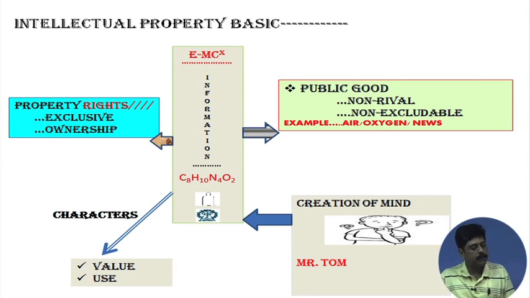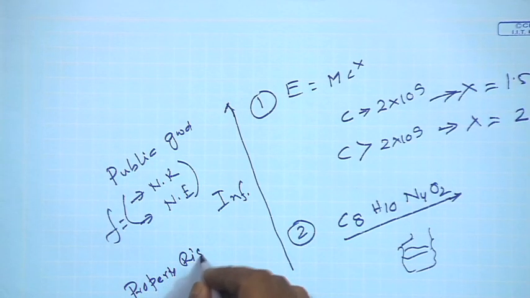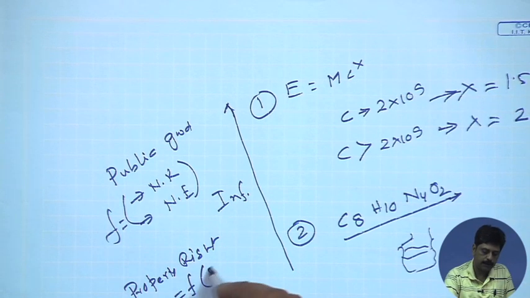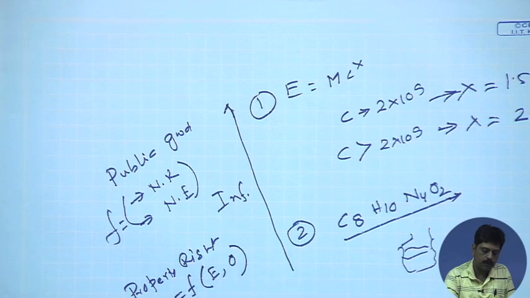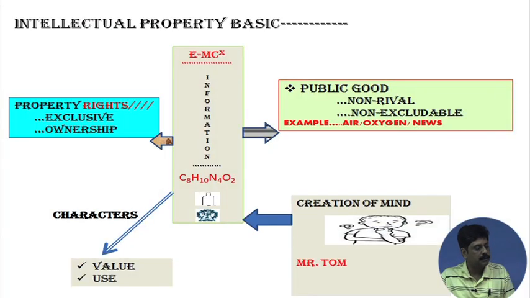mean, whereas the public good is non-rival and non-excludable, property rights have the characteristics of, let us say, exclusivity and ownership. So, property rights have the characteristics of exclusivity, meaning Mr. Tom, if he thinks that E=mc^2 is his property right, then he can exclude others from using that creation, and he has ownership over that creation, just like